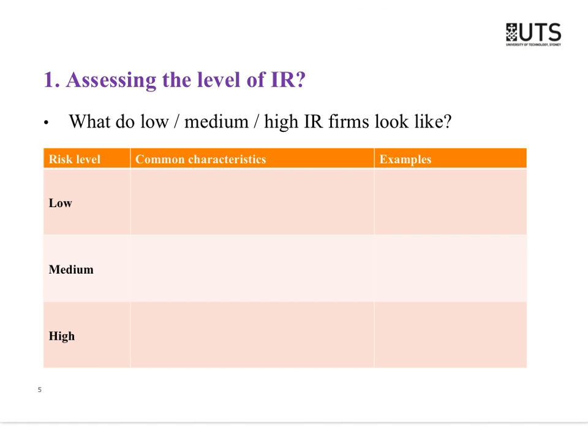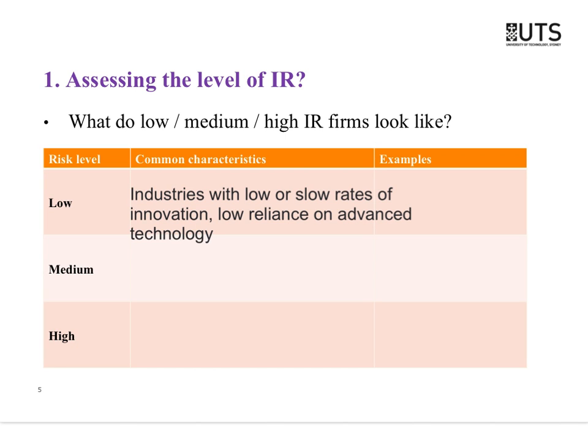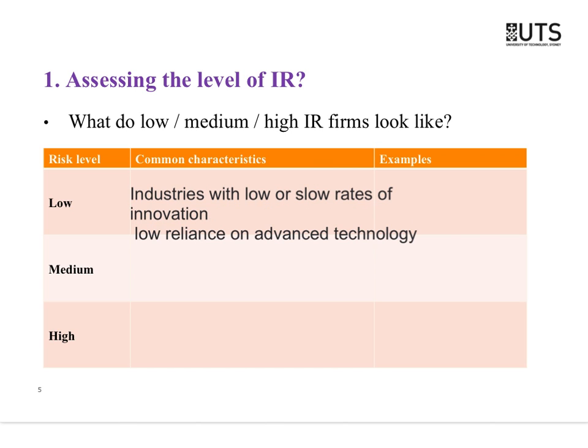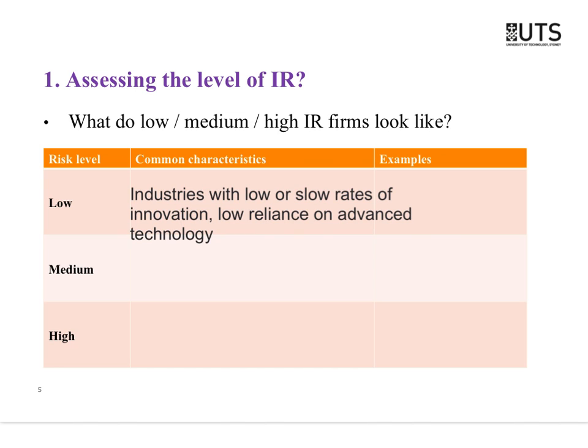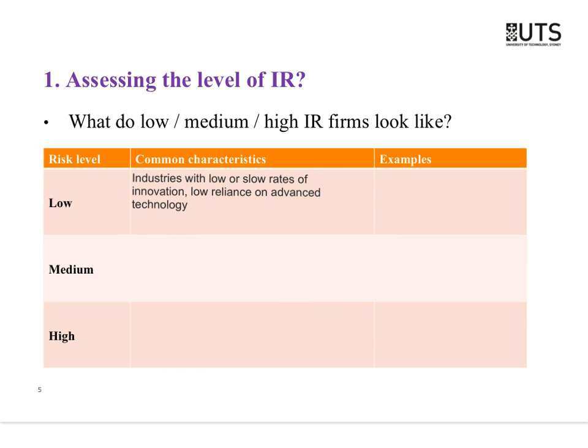Okay, so what do high, medium, and low inherent risk firms look like? We're going to talk about some common characteristics of things that we might see. So low risk firms typically are in industries with low or slow rates of innovation. Often we also see low reliance on advanced technology, because when you're relying a little bit less on advanced technology, things can move a little bit slower. So industries